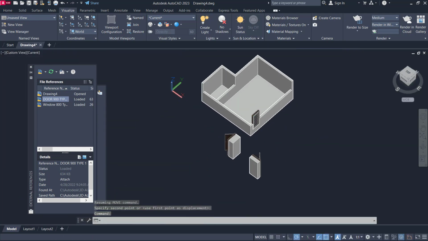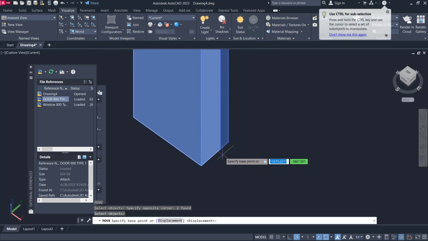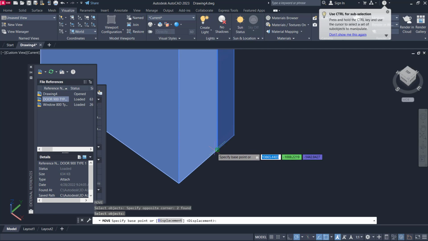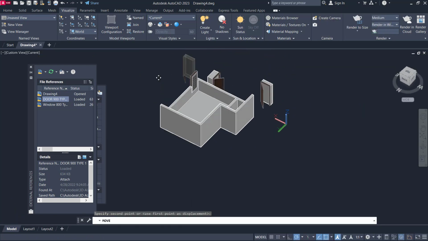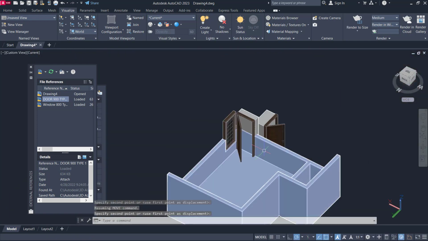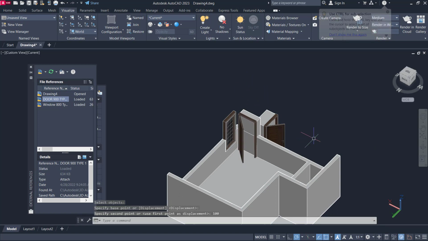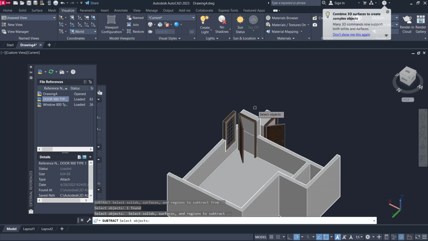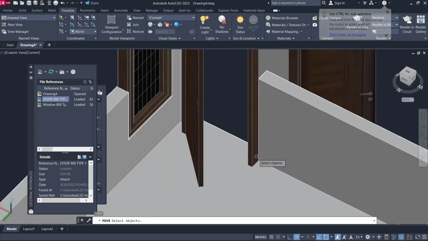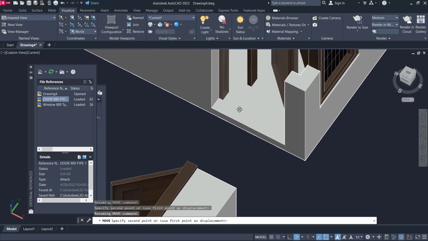Okay, also the same for this door. Move this object start from this point and set into the corner point in here. Move again to the right direction like 100 and subtract this object with this box object. Move this door object from this point into this point, middle point.